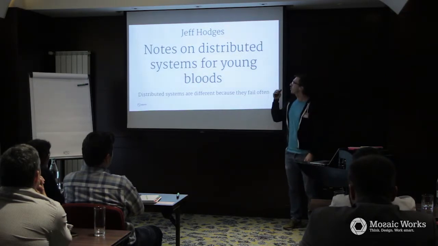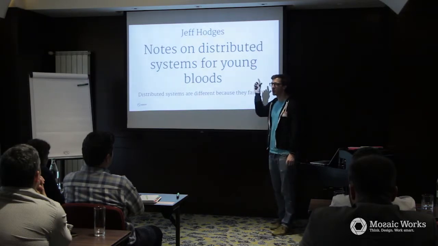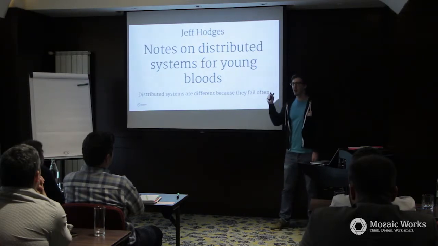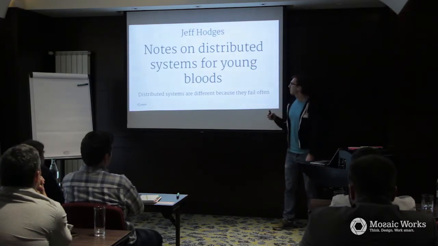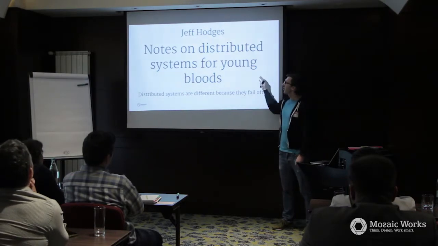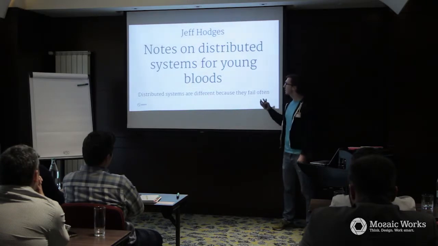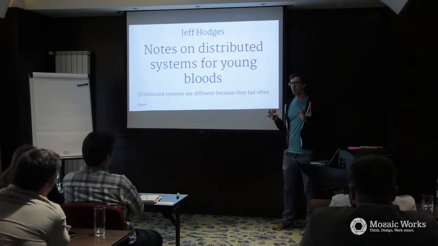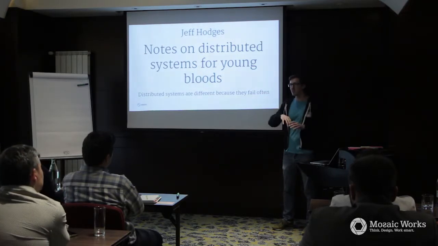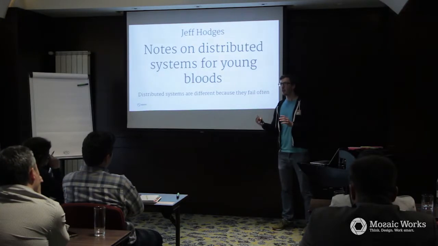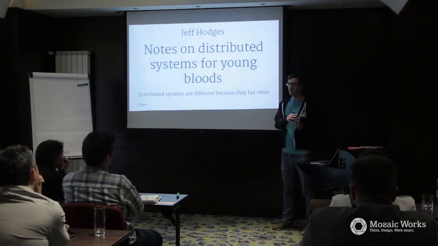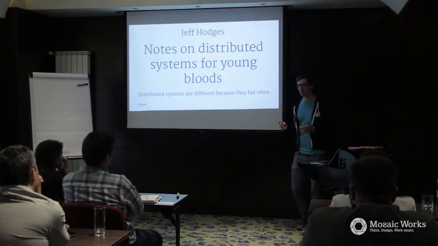And one of the very interesting blog posts is from Jeff Hodges. He was at Twitter for a long time. Since then he has moved on. He has worked on Let's Encrypt and other very interesting projects. But he has basically written down the applied things they learned at Twitter and why they failed so many times. And their takeaway mostly was distributed systems are different because they fail often. So you have lots of components and they will fail independently, but your entire system should still work. Otherwise, if just one little piece is failing, you will fail many, many times because so many independent failures are possible.